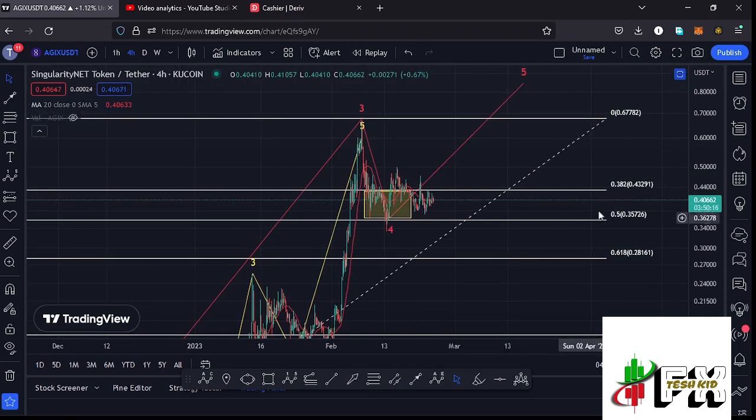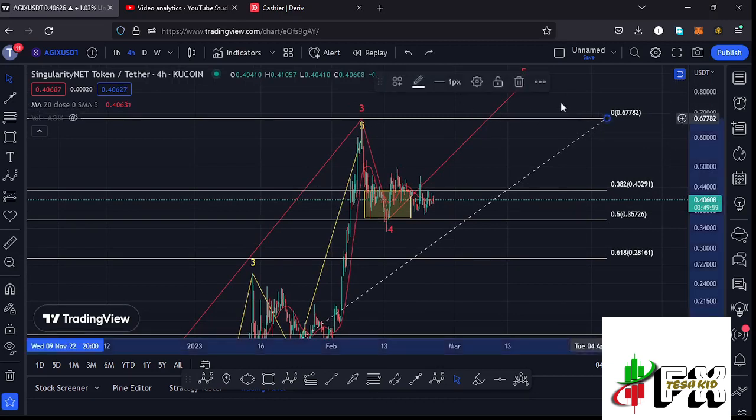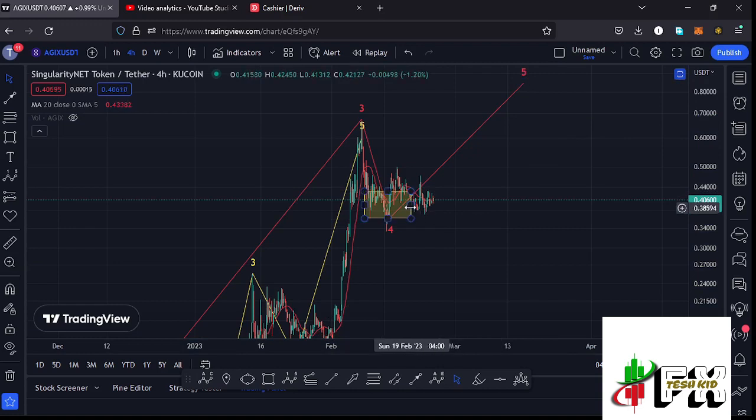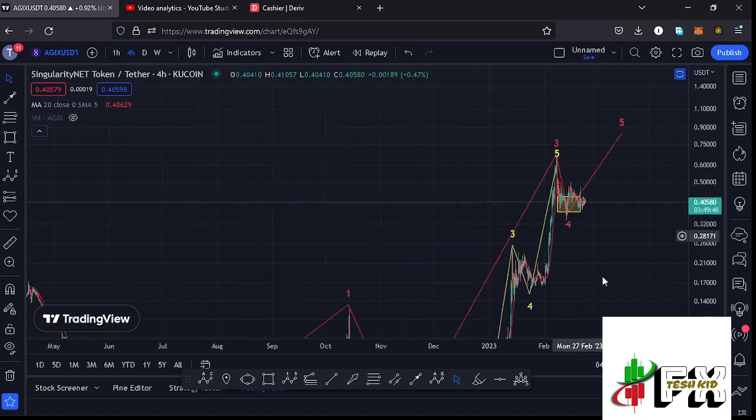which is a target area that lies between the $0.43291 mark and the $0.35726 mark, and that is the minimum that I was expecting that fourth wave to the lower side to do. And you can see that we fully maximized our yellow target area in the formation of that wave 4, and I now believe that whatever we are seeing at the moment is the start of that bounce to the upside in the formation of this wave 5,